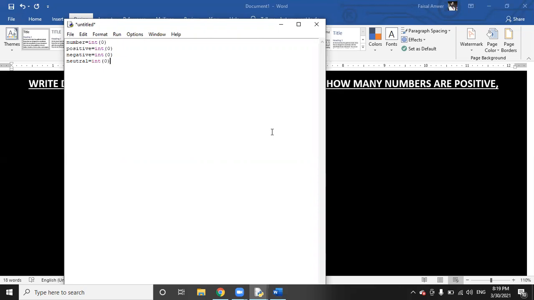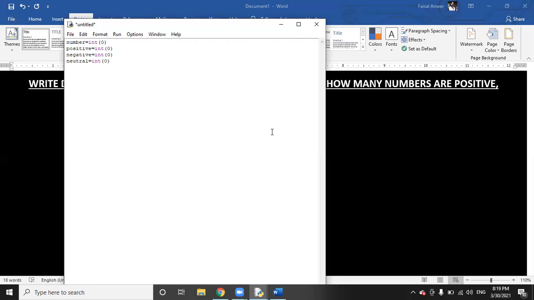These four variables are used for input of data and counting of positive, negative, and neutral numbers separately. The variable number, with data type integer and initial value 0, will be used to store the value input by the computer operator. The variable positive will count the positive numbers input into the system, and vice versa with negative and neutral. Negative will count the total number of negatives, and neutral will count total neutrals input into the system.